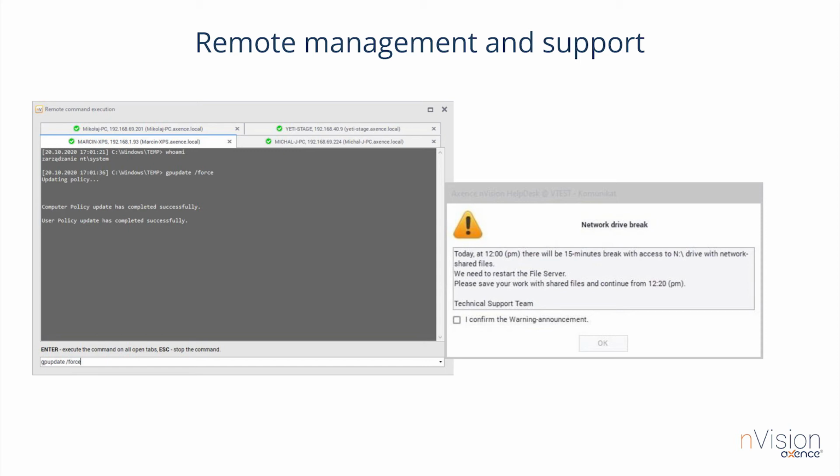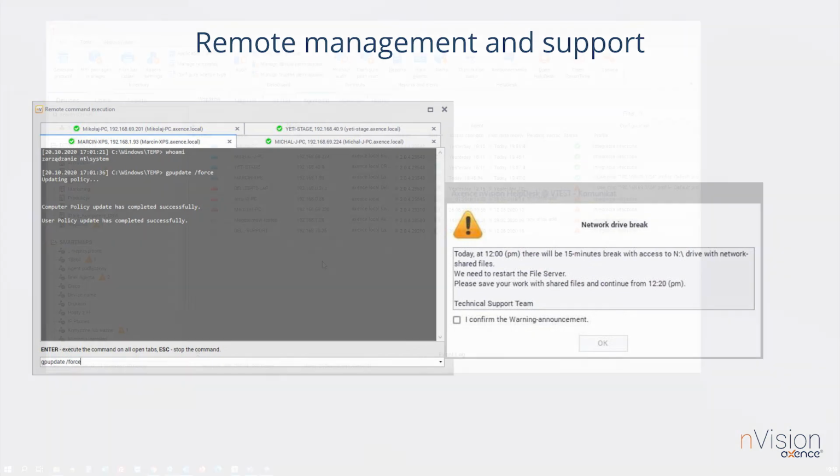policies you have introduced. What is also very important, if you are going to restart a computer, computers, or servers, for example a file server, you need to be able to effectively notify users of this action. For example, you can send aggressive messages that will appear as pop-ups to the user. The user can confirm that they have read the message. This allows the administrator to know on which computers the users already know that the server will be restarted and what percentage of employees still need to be informed. If the administrator is sure that 100% of employees know, they can easily restart the server, for example, to install